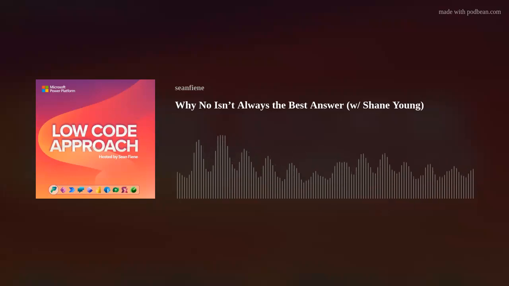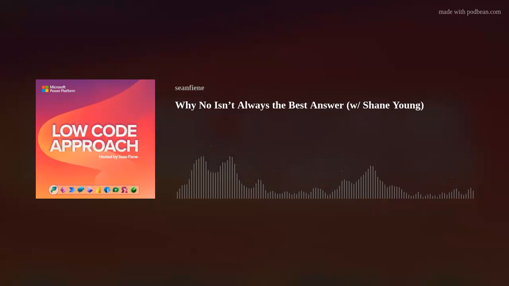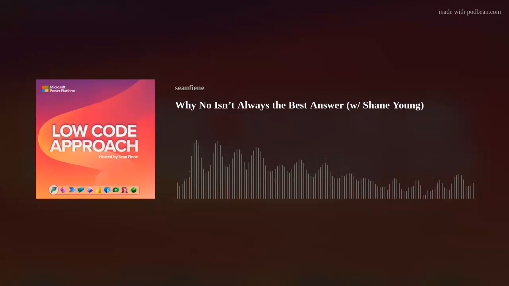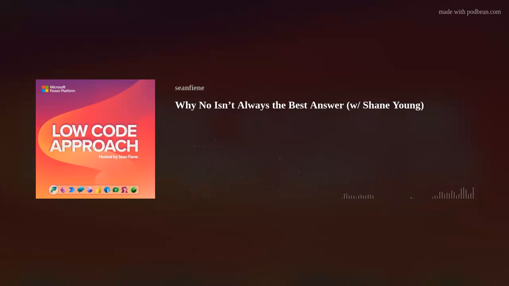Now, some people I talk to say, well, we should just do nothing in the default environment. One of the things you have to remember is that some things only work in the default environment, like for a selected message or for a selected item, some of those integration-level Power Automate flows. They only work in the default environment. So you're probably not going to get completely away from it.